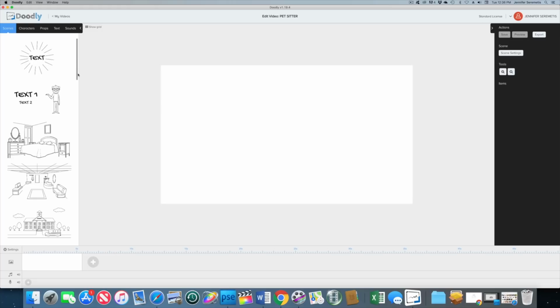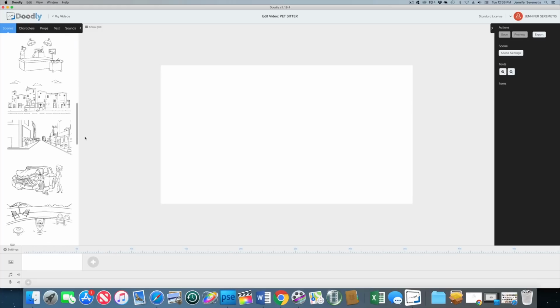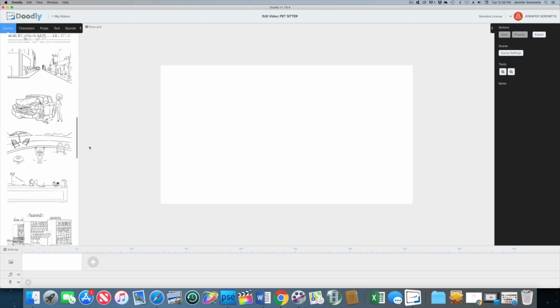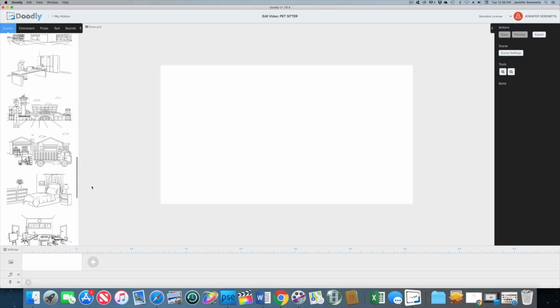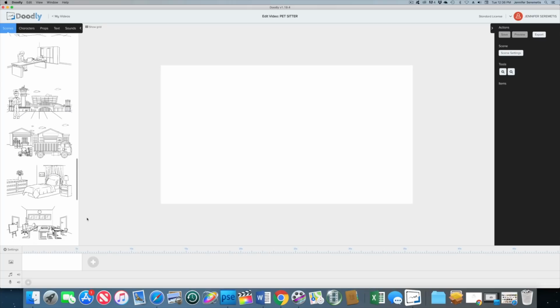And what's kind of cool about these scenes is that after playing around with it, I discovered that each one of the elements in the scenes is an individual drawing. So if you see this one here, it's a bedroom. I could get rid of these flowers or this dresser or the bed or the picture. I could eliminate or resize different elements in the room, so you're not stuck with the room as it is